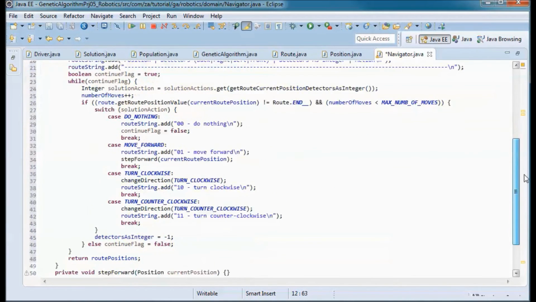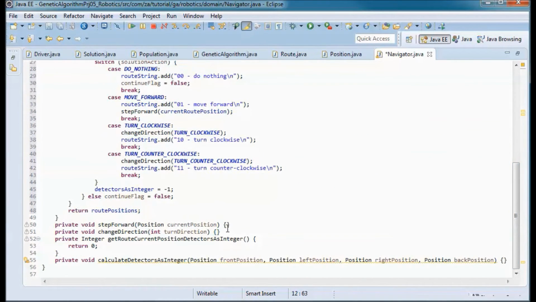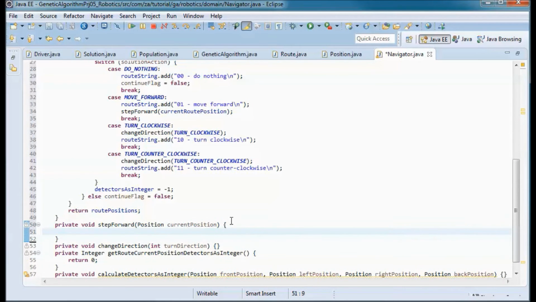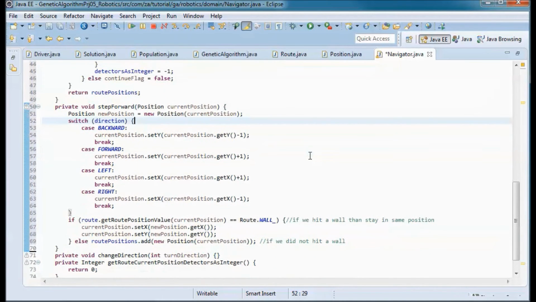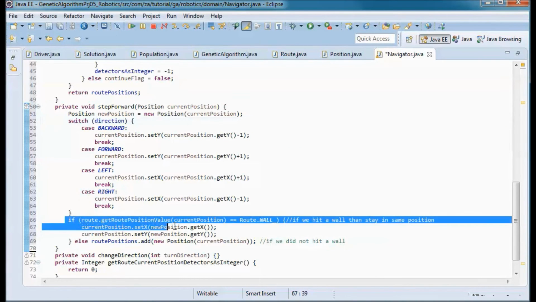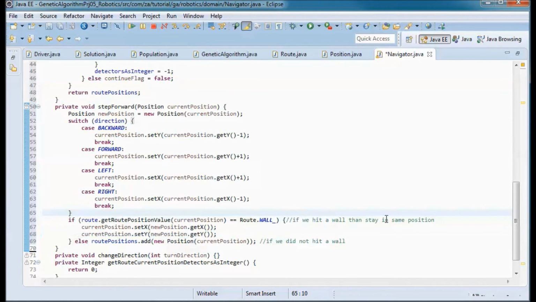And for the step forward method, this would be the code, and here we stay in the same position if we hit a wall. Otherwise we add a new position for current position to the route positions array list.